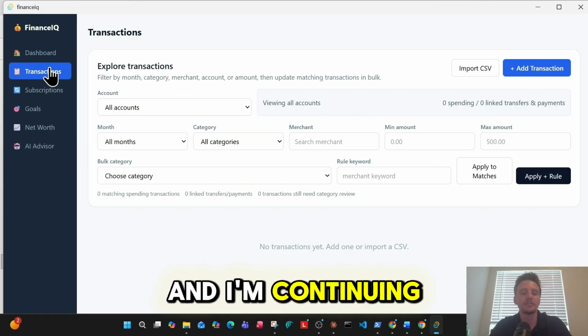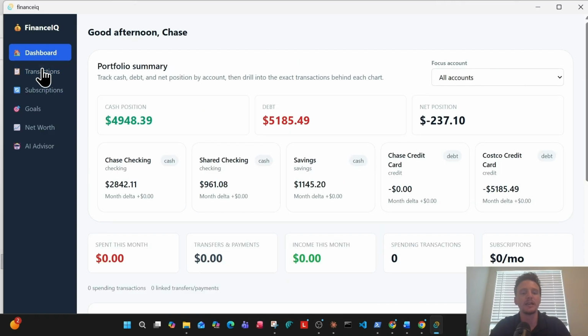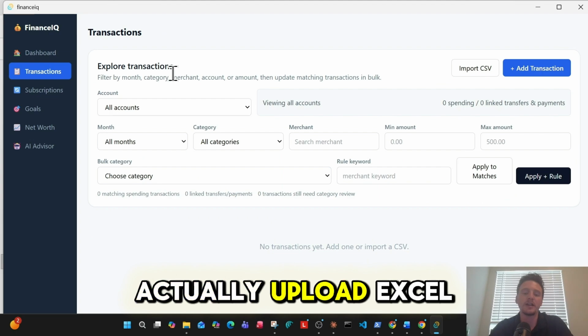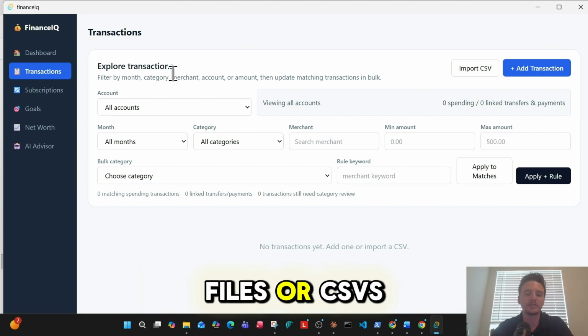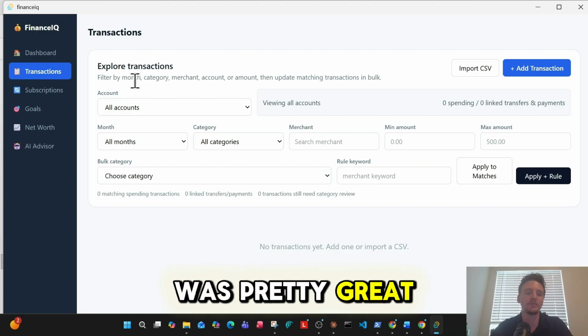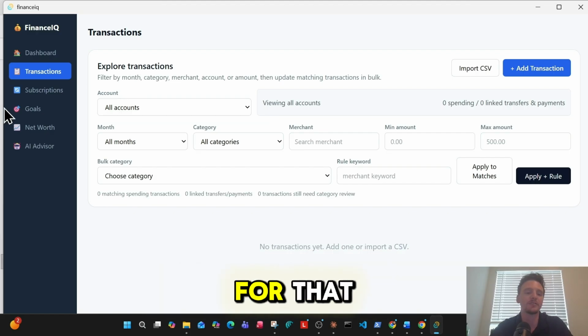And I'm continuing to add on to it, but it gives you a dashboard with all your banking options and then your transactions, so you can upload Excel files or CSVs. I've made it so it takes the Excel files I download directly, which I thought was pretty great because I can customize it directly for that.